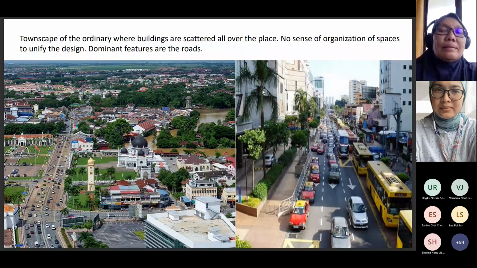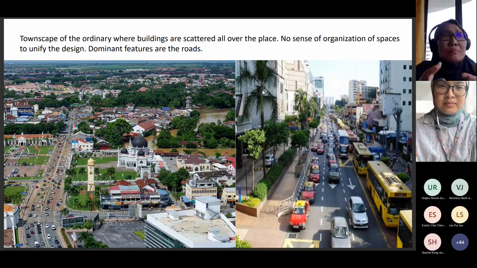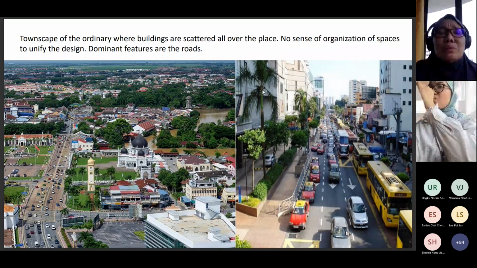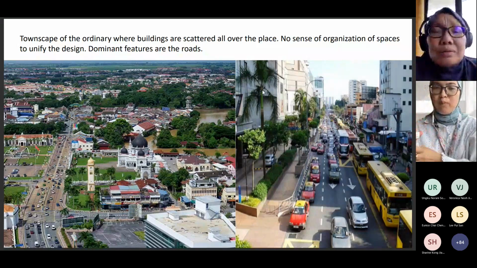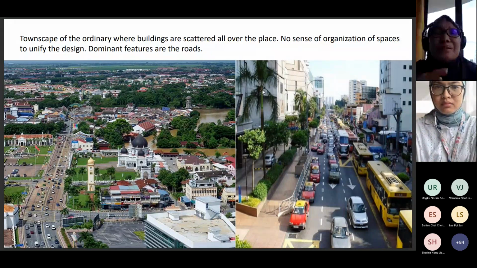You look at here in Alor Setar, we've done some urban design studies last time where it has all the good ingredients to make a beautiful city with good character, but it's not being designed. There's no clear urban design strategy to give a sense of unity to design, where you have the mosque addressing the river, and you have the palace, and you have the padang addressing the